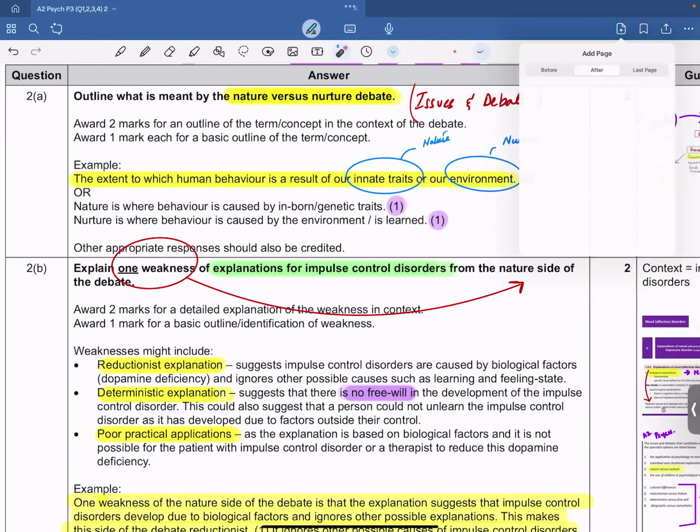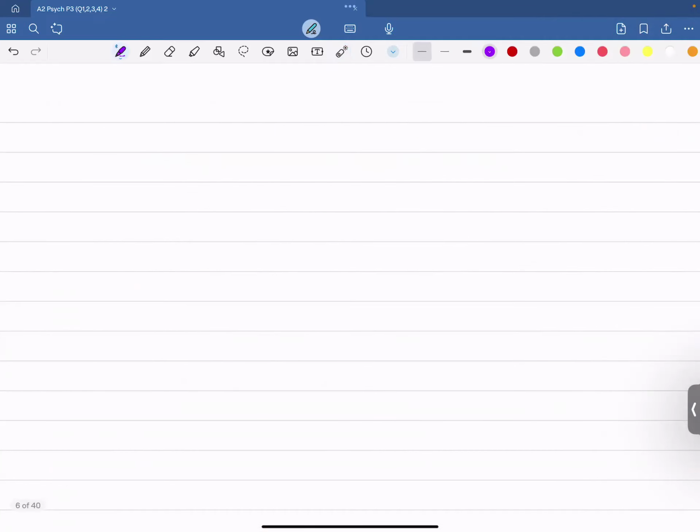So, if I talk about this nature versus nurture debate, like I said, according to the nature versus nurture debate, our behavior is either primarily determined by biological factors, either it is biology, or environmental factors, could be social influences.